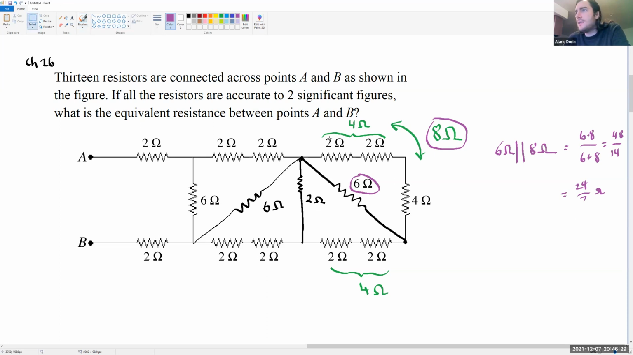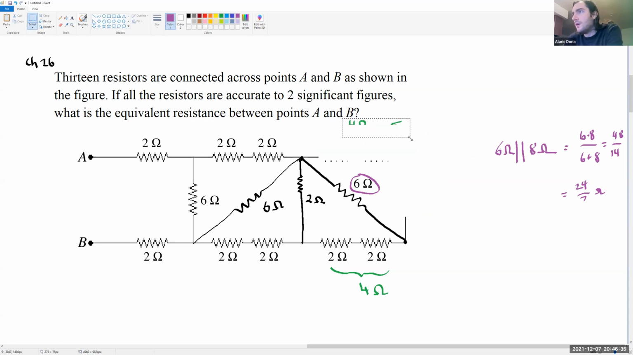So what that does then is I can replace all of this here with a 24 over 7 ohm resistor, like that, okay? This one down here is a 4 still, so this 24 over 7 plus this 4 ohm resistor, those guys